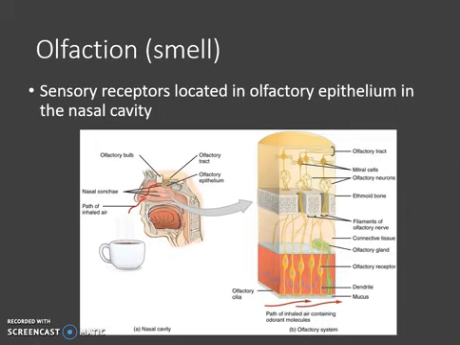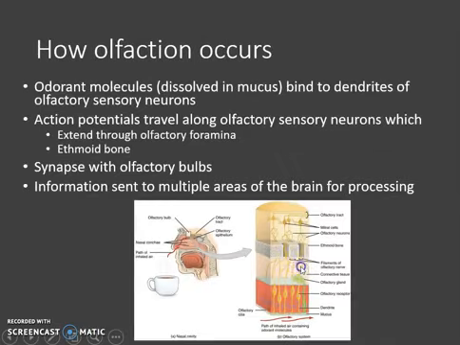Smell is another one of the special senses. The sensory receptors are located in the olfactory epithelium in the nasal cavity. So you can see the olfactory epithelium is located up here in the nasal cavity. And in that nasal epithelium, there are specialized receptor cells. How olfaction or smell occurs is that molecules from whatever you are smelling are airborne and they enter the nose where they get dissolved in mucus. So if you're smelling coffee or smelling a candle,